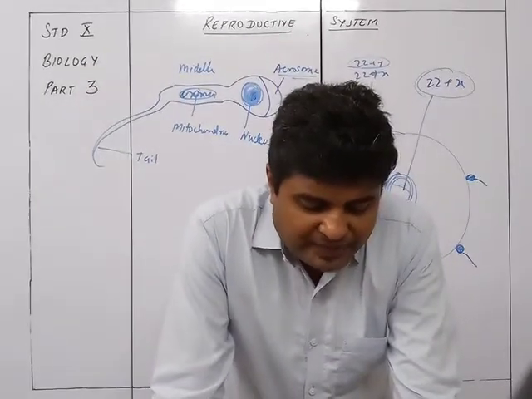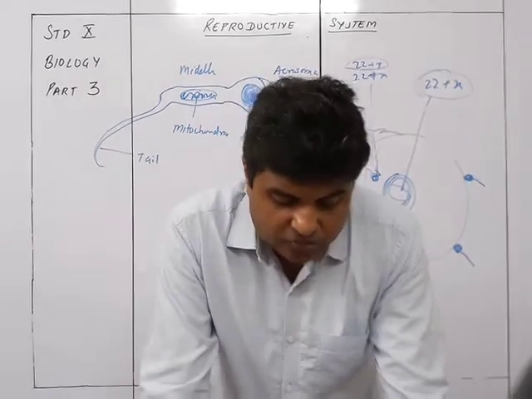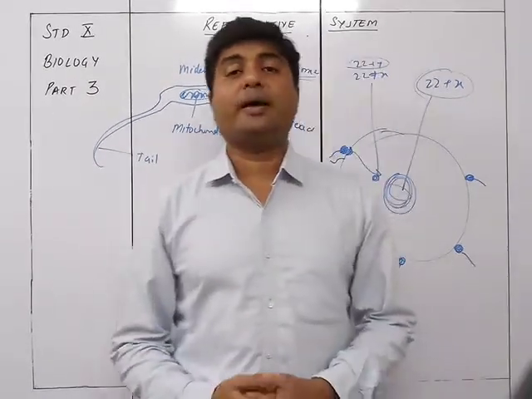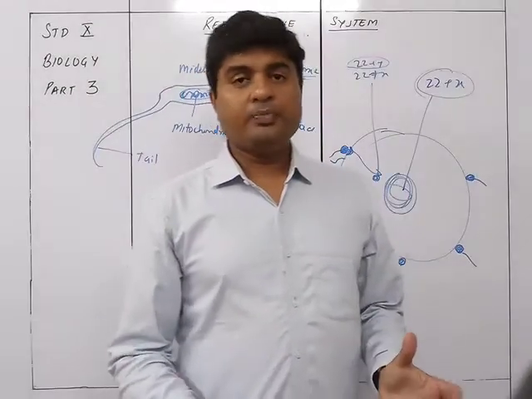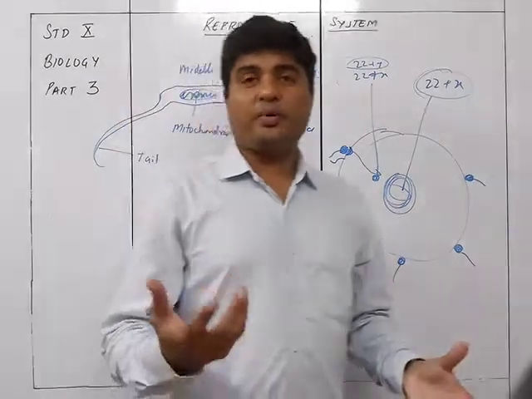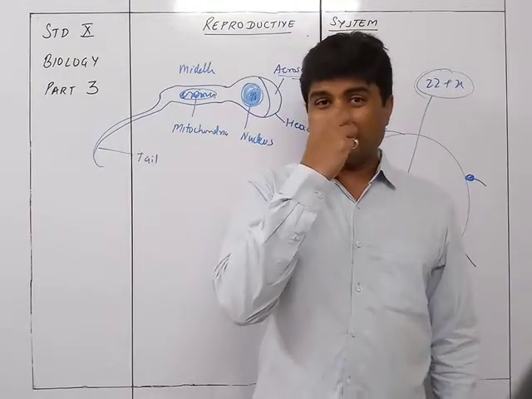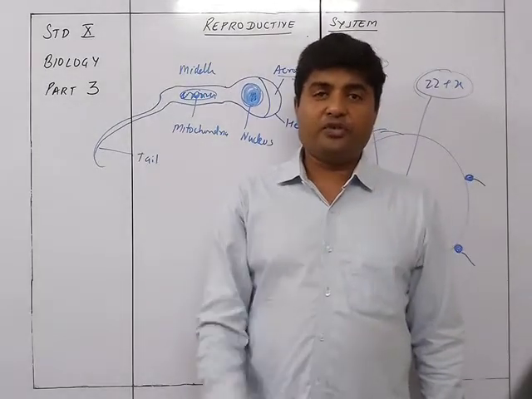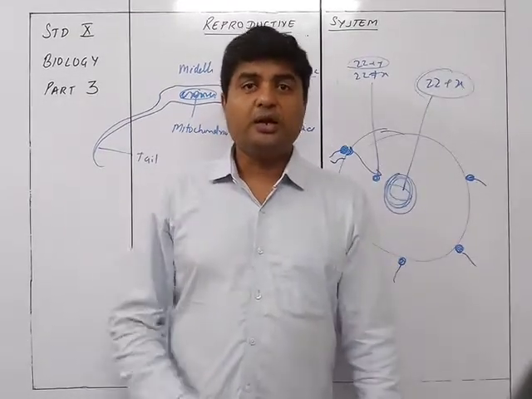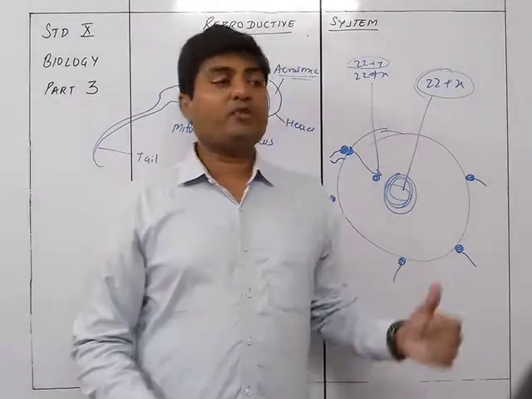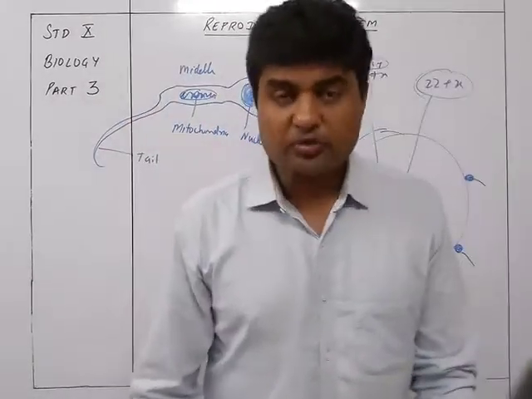During fertilization, it combines with the nucleus of the egg containing 22 plus X chromosomes, thus restoring the normal number of 23 pairs of chromosomes. So this is how the 23 pairs are formed. We know that meiosis produces haploid cells, which have 23 chromosomes in them, not 46. So 23 from the male and 23 from the female combine together to get the 46 chromosomes of a human being.